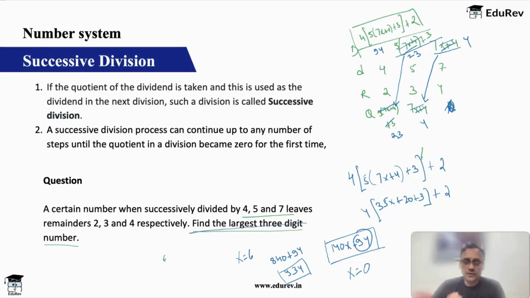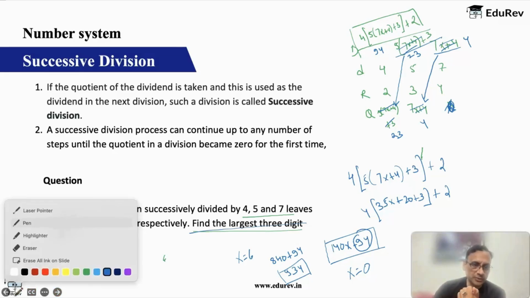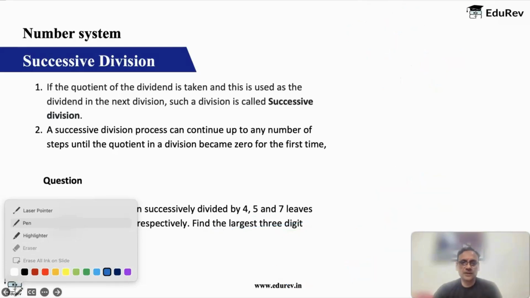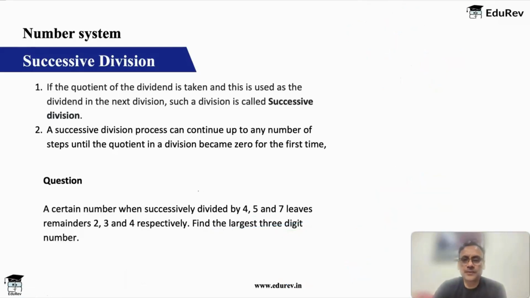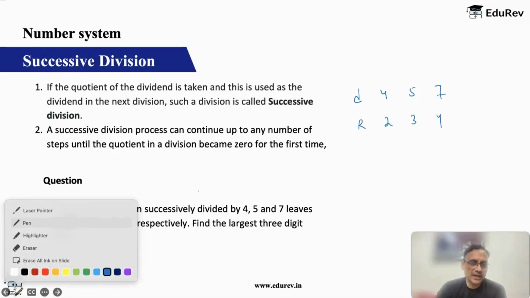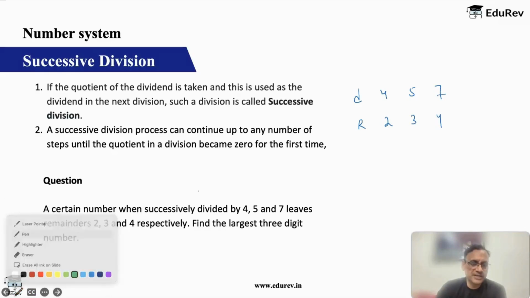Okay. Now, you don't have to do this through this long method. I'll tell you a very short method to do this. Okay. So now focus on this part. Your divisors are 4, 5, 7, and your remainders are 2, 3 and 4. Okay, write them like this. And now what you have to do is basically